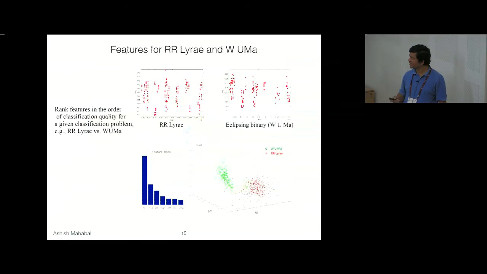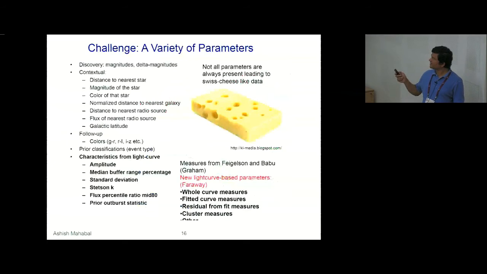So Matthew here has worked on this, where you use RR Lyrae and eclipsing binaries. How can you use a very small number of features to try to separate those? Again, if you can find those 2 or 3 specific features, then separating these 2 classes becomes easy. If not, you go for a toss, and their typical distributions overlap with each other. And so in all these, what we find is that the number of features that we have is huge.